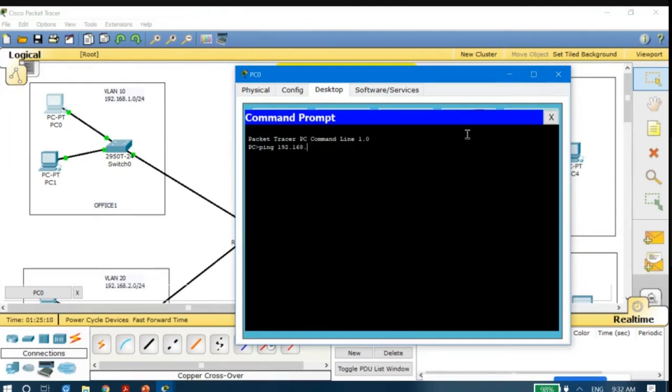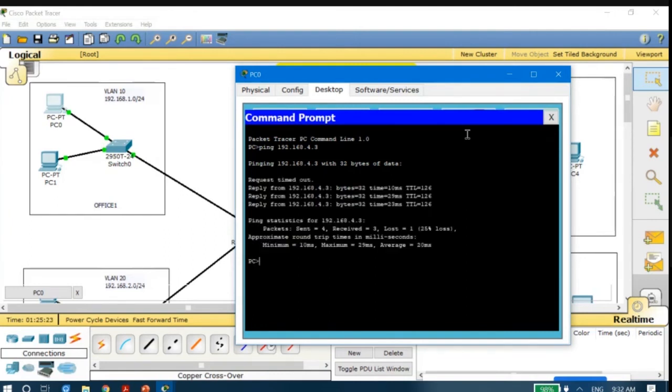Not 1, it is 4. 4.3 was the address. Type enter. If the ping is successful, then that means it is able to reach there. As you could see, you are getting a reply. Only one packet was lost somehow. However, you have been able to reach there.